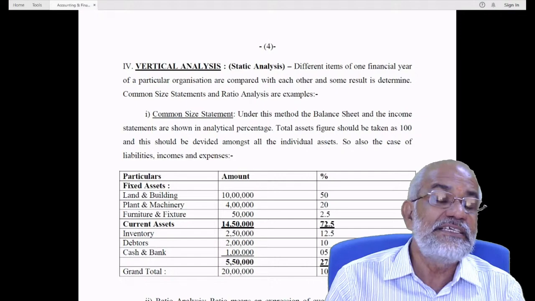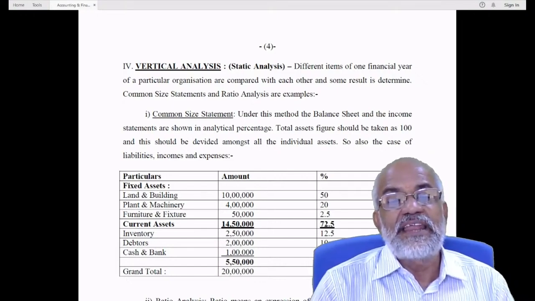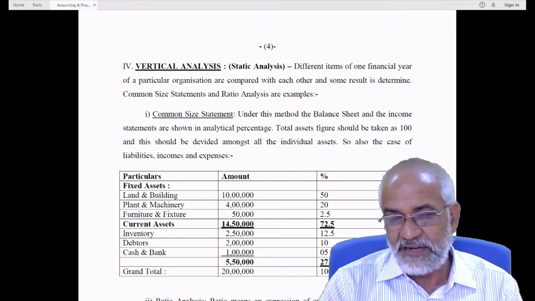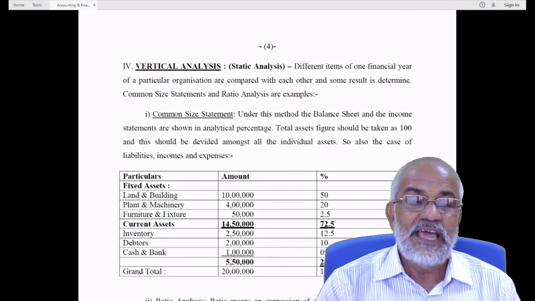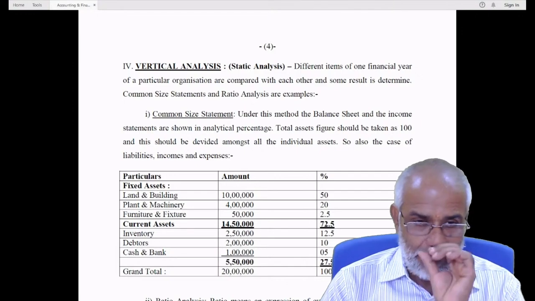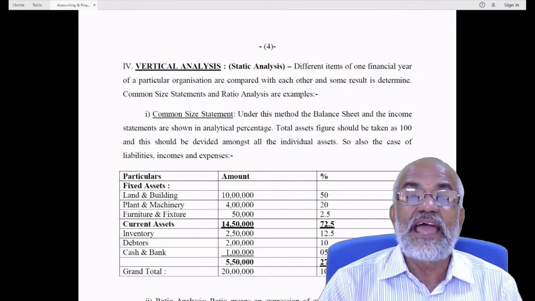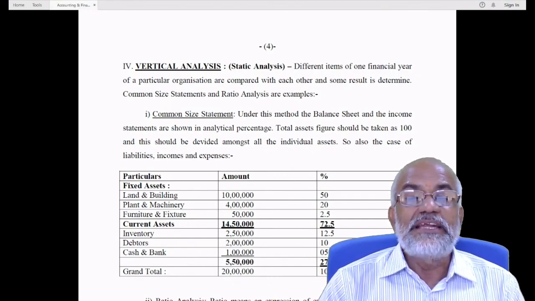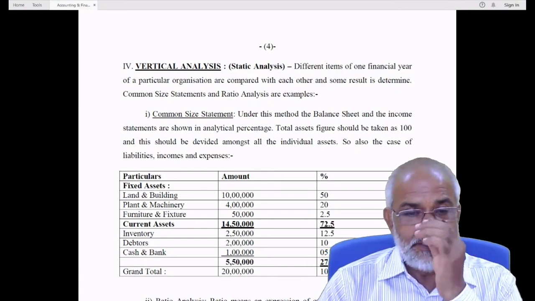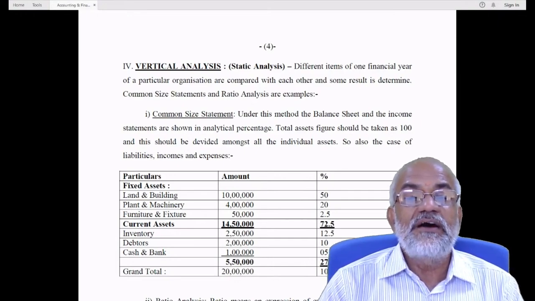Here, from this example, let us see the fixed assets. There are three items under fixed assets. Fixed assets means the assets which are used on a long-term basis and the benefit from which is derived in a series of future years. So the first item coming under the fixed assets is land and building, which is 10 lakhs. And the plant and machinery is 4 lakhs. And the furniture and fixture is 50,000. So the total of